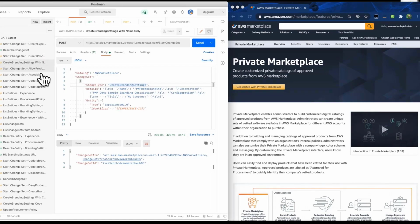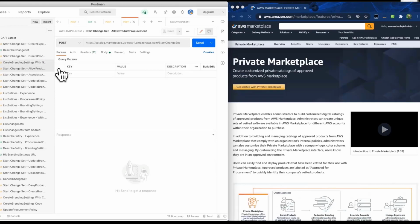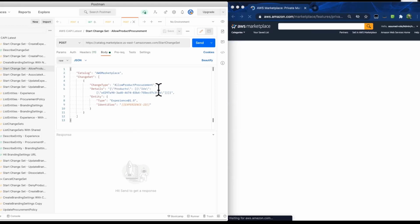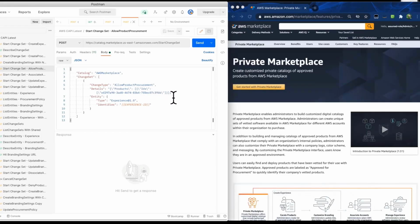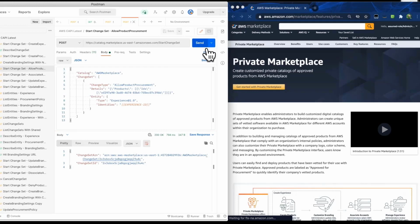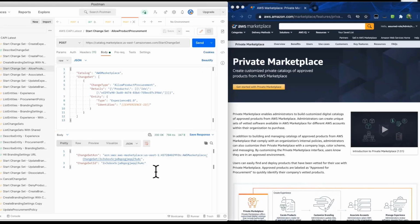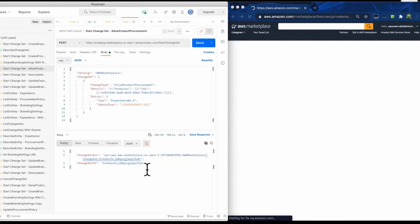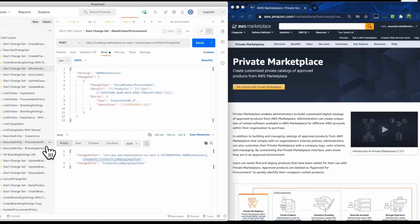So I'll go to the next action, which is adding a list of products within my procurement policy. I do that by using the change type allow product procurement, and I provide a list of products that I'd like to add within my private marketplace. So the product ID here, I use Discovery API to get the product ID that is used within the allow product procurement. And like our previous calls, I get a change set ID back, and I can describe my procurement policy entity to see that this new product has been added